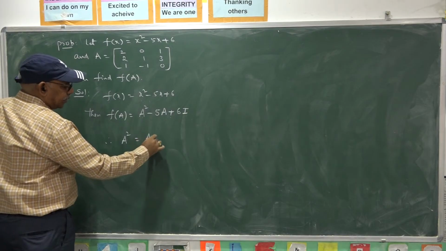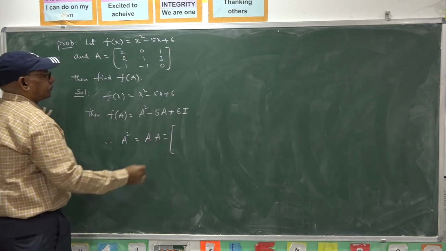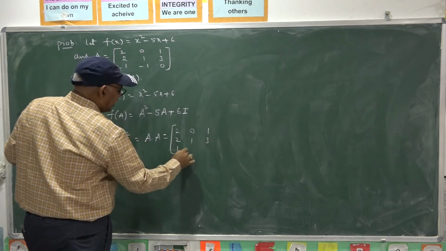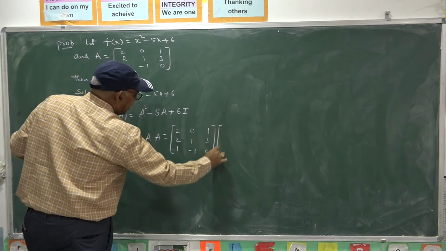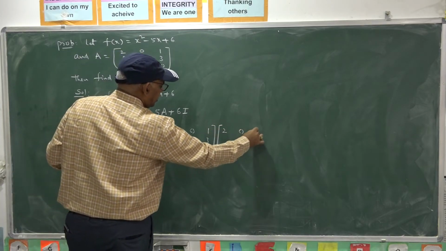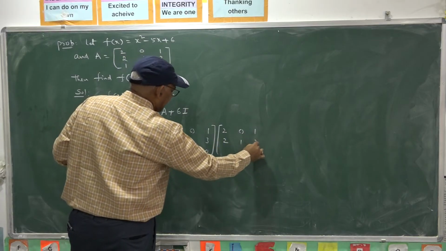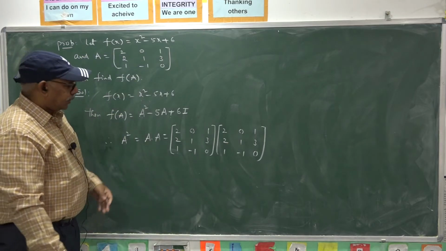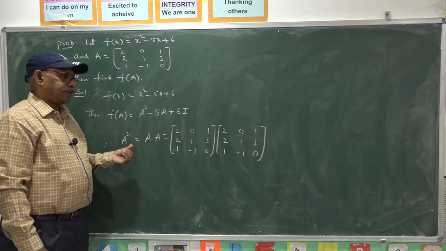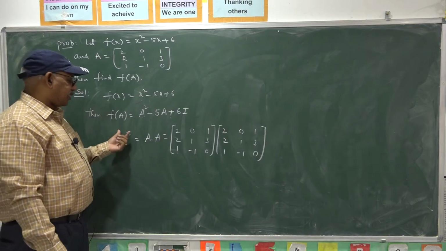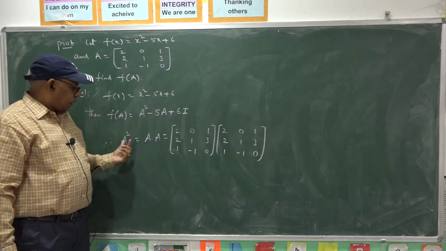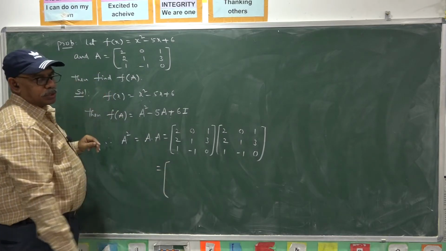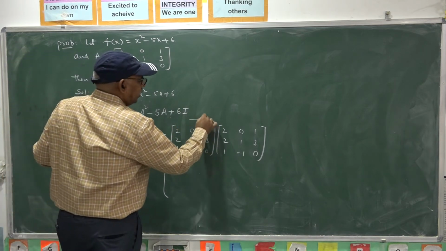A square, A into A, that is 2, 0, 1, 2, 1, 3, 1, minus 1, 0, multiplied with itself, 2, 0, 1, 2, 1, 3, 1, minus 1, 0. A square is A into A, the integral power of the matrix. Based on the concept of integral powers of a matrix, A square is A into A. Now, taking the product of A with A by row and column